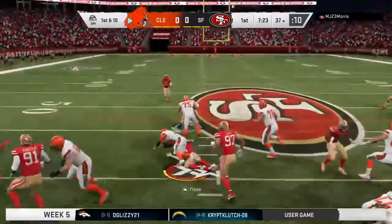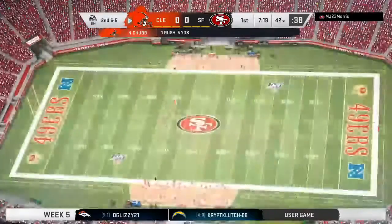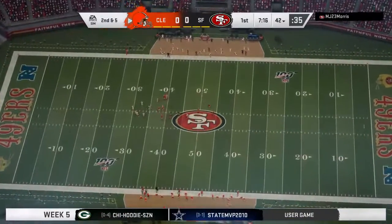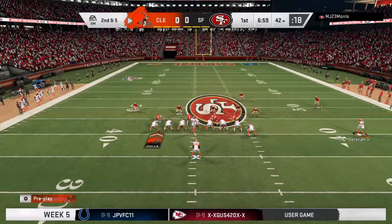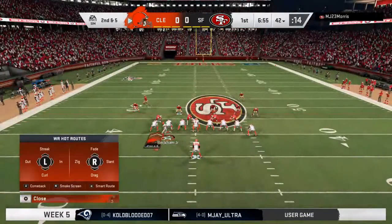Now the third leading rusher among rookies last year, it's Nick Chubb. And a 5-yard gain gets him to the 42. There to stop him on the defensive side, Fred Warner. Well, I think that's what they're going to need to do here in the first half. You've got to take some pressure off of this young quarterback, and no better way to do it than to establish the running game early. Right